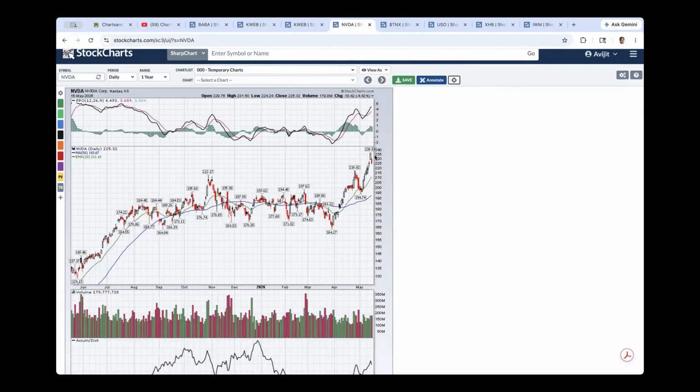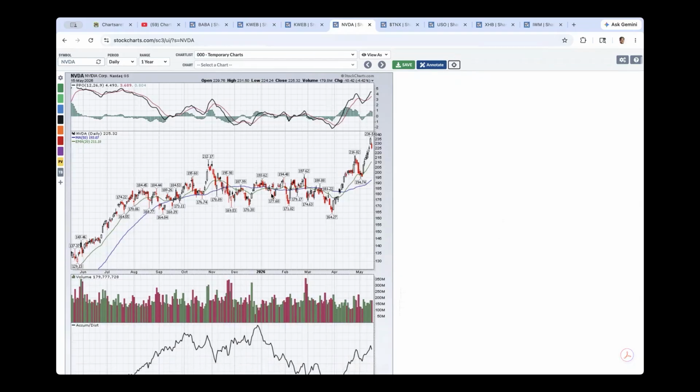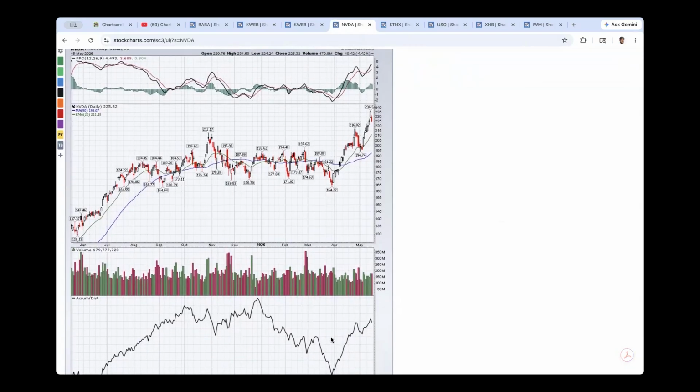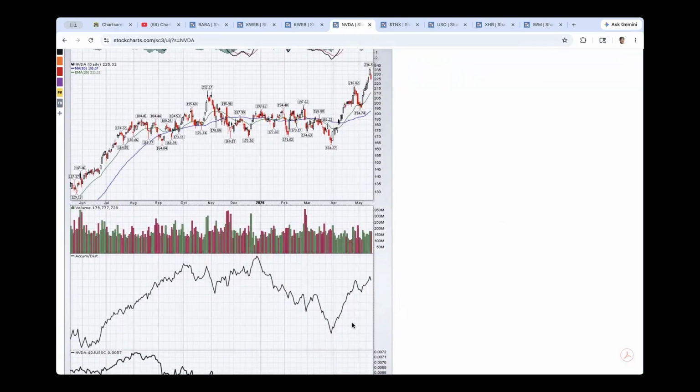which could be bullish for the overall market because this by far is the strongest weight, the biggest stock, 5.5 trillion in market cap, an extremely strong weight in the market. Now, if you look at the accumulation distribution line of NVIDIA, that has been climbing since that late March low. So that's climbing to higher highs, which is bullish.